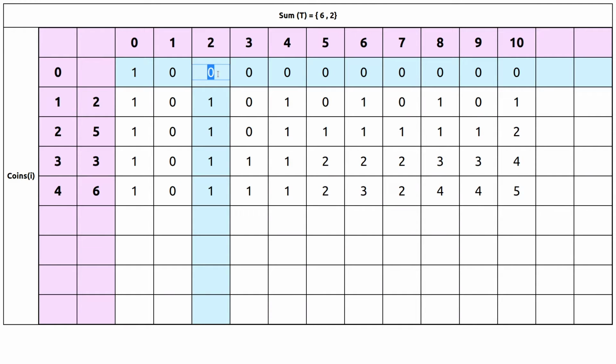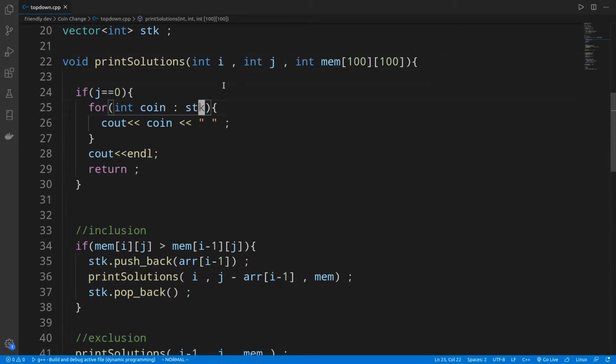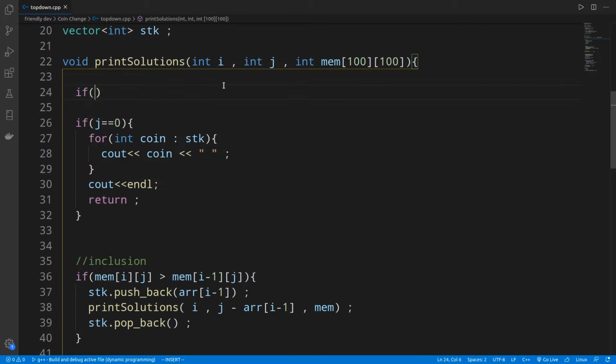Since this row is 0, that means there are 0 ways of including coins that can sum up to 2. So if any cell value in our table contains 0, we can just directly return from that, because there is no other solution to be printed.